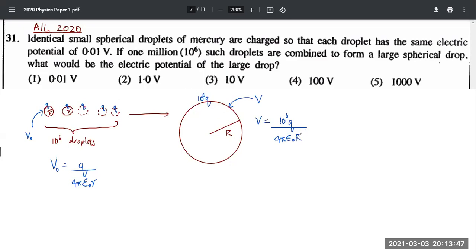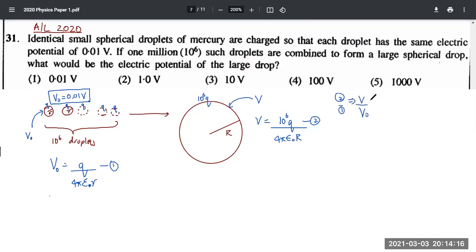And remember, V naught is 0.01 volt. I'll substitute that last. What I need is a relationship between V and V naught. So when you divide these two equations, this is number 1, this is number 2. Let's divide them. Second one divided by first one will give us